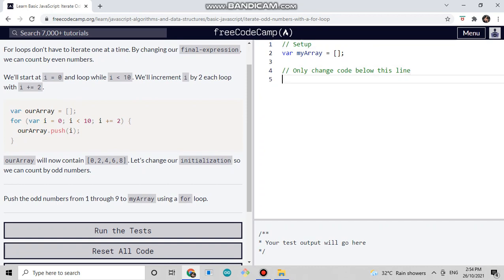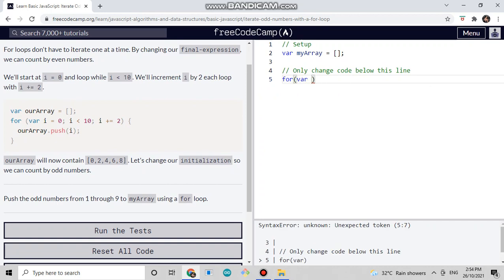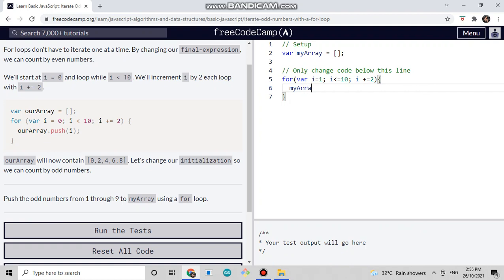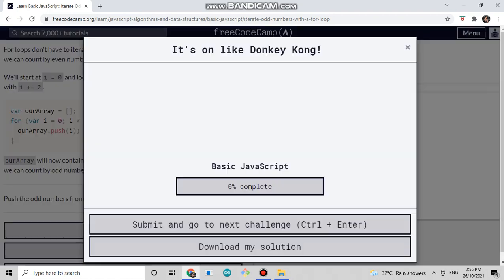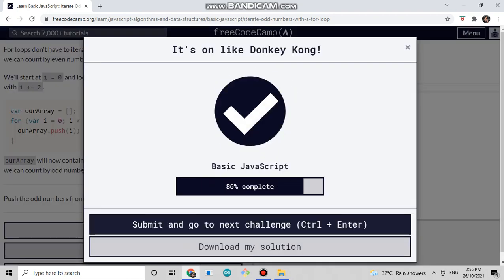So var myArray, so for var i is equal to 1 and i is less than or equal to 10 and i plus equal to 2, then myArray.push the value of i. Okay, next,